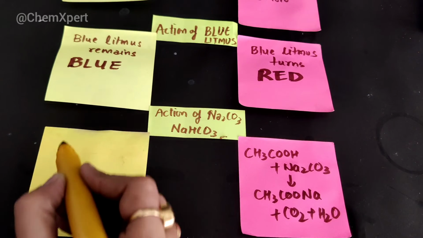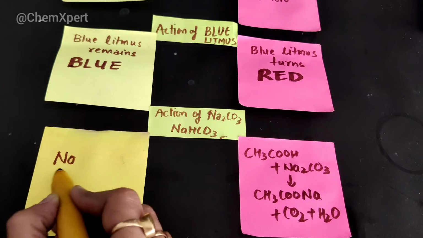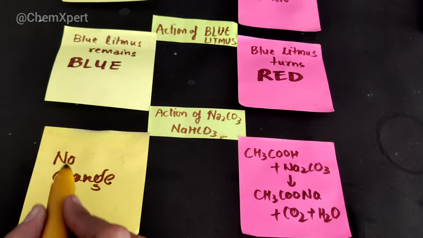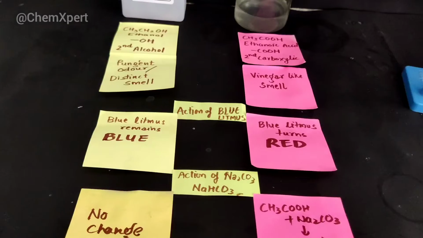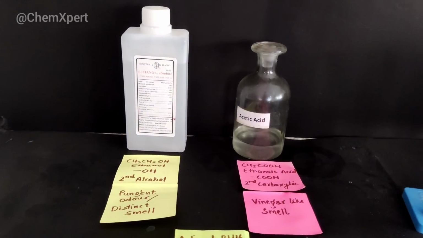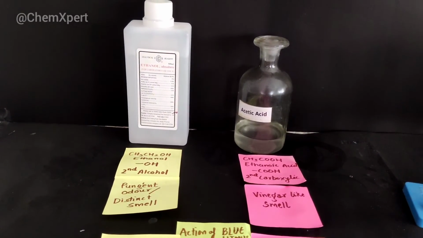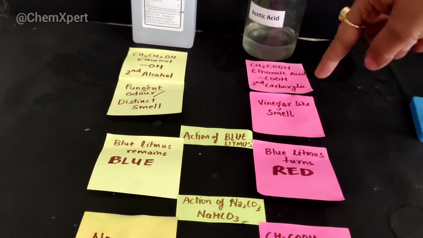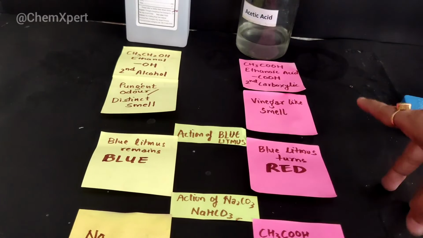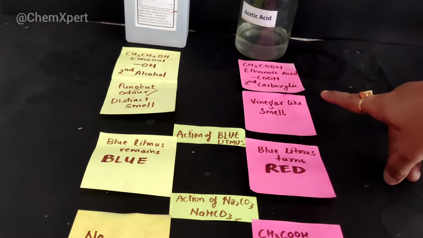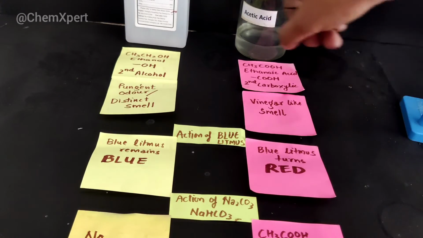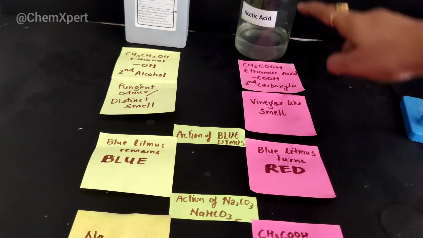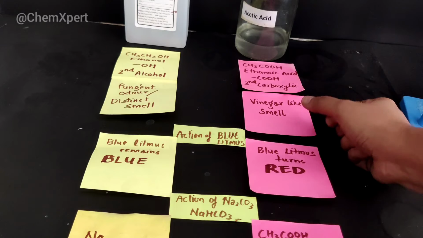Whereas in case of alcohol there is no change. Carbonate or bicarbonate just settles down in the test tube. So this is a complete 3 marks question, that is how to distinguish between ethanol and acetic acid. 2 tests are on the basis of their physical properties: both are the second member, one is of the alcohol family, the other is from the carboxylic family. Ethanol has a pungent or distinct smell, but acetic acid has a specific vinegar-like